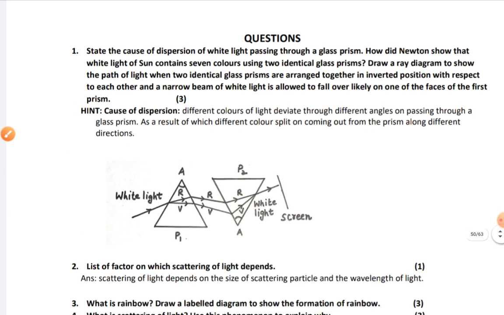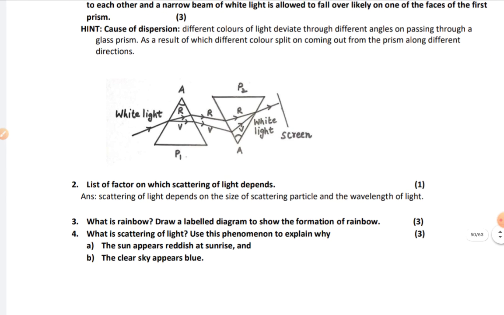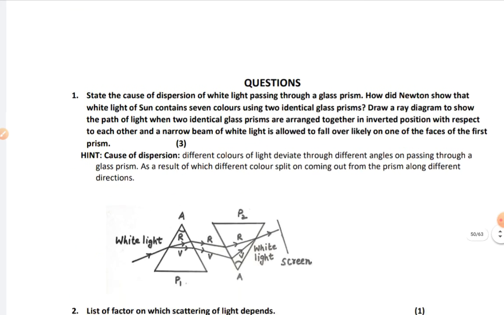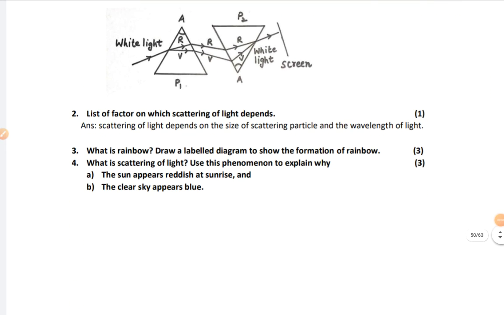Next, there are a few questions on the basis of these topics, and hints are also given in these questions. Do these questions one by one in your notebook and practice this chapter. It is a very important topic. I hope you understand the concepts of scattering of light, atmospheric refraction, as well as wavelength, and then deviation of light in the prism and angle of prism very clearly.